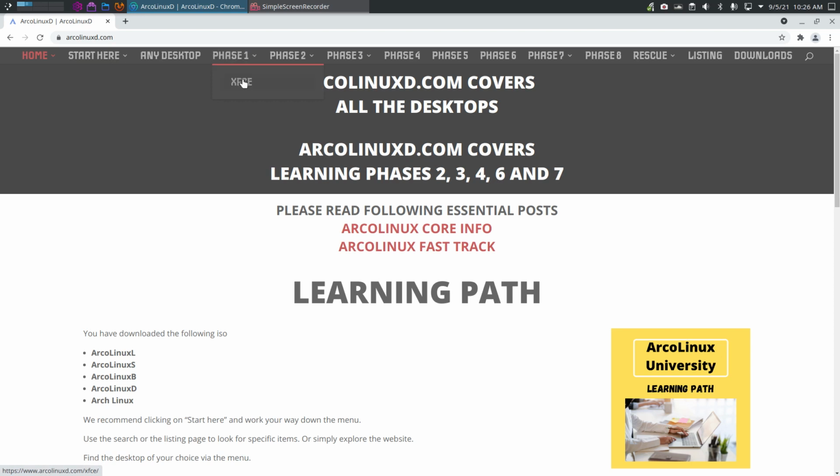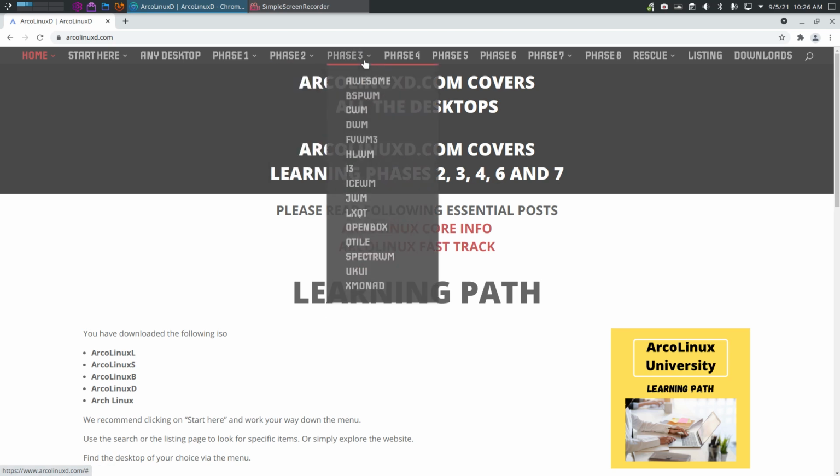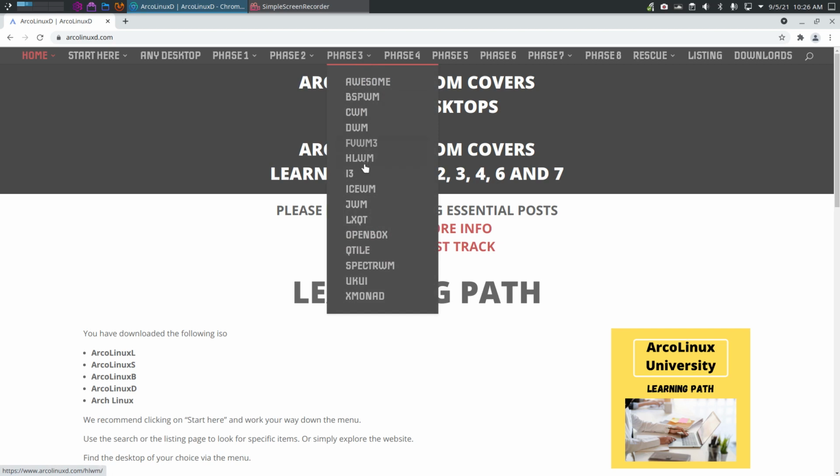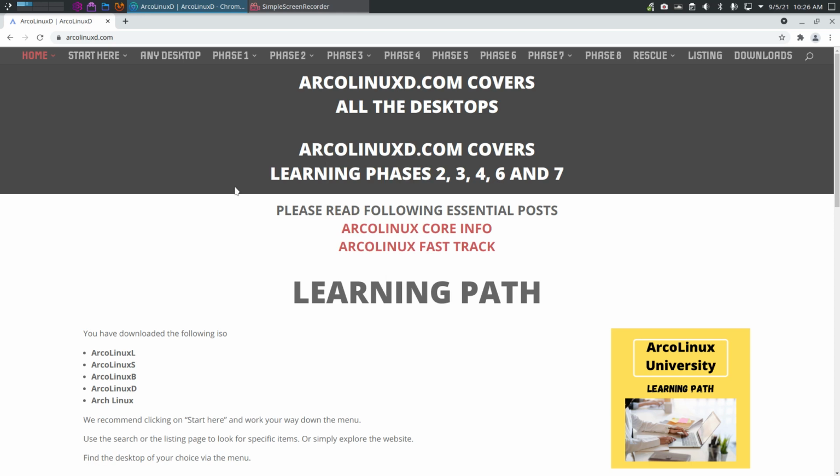Here is XFCE. That's the easiest thing, I think. Well, opinions differ, right? But it's a desktop that's pretty close to Windows if you're coming from there. And on phase 2 are other major players, let's say, in desktop environments, and later on maybe you go for tiling window managers and others. And the one that's missing here is still Qt Fish, which will have a link later on. But it's all about learning